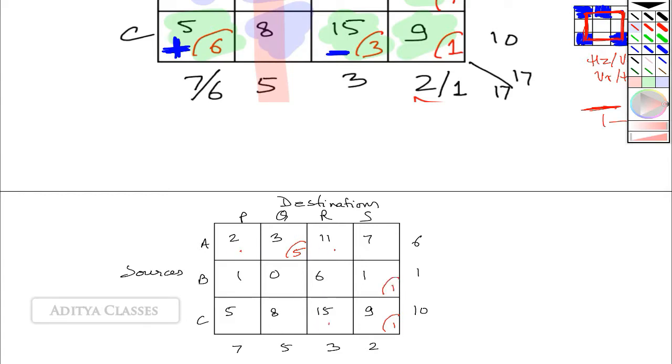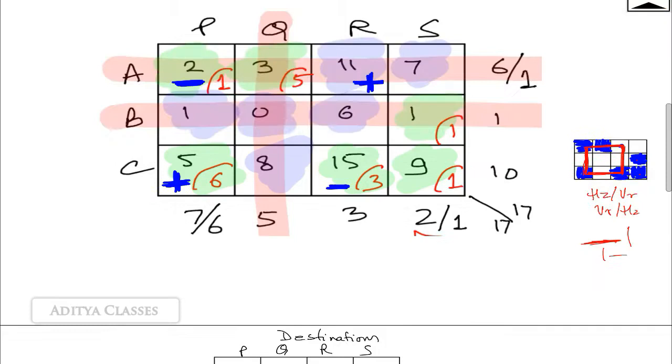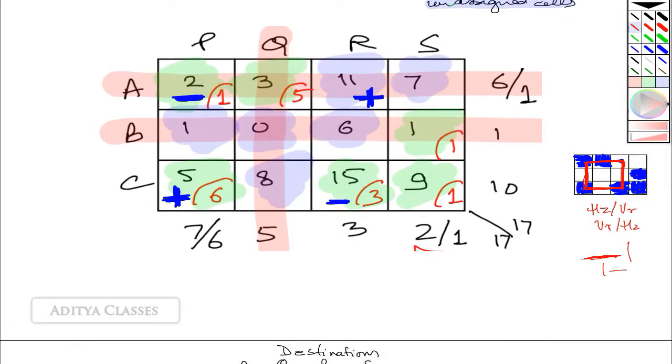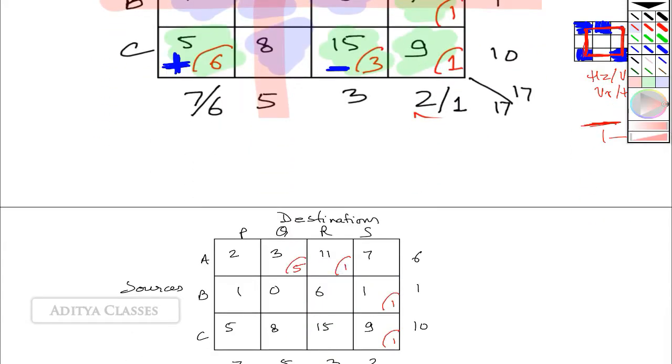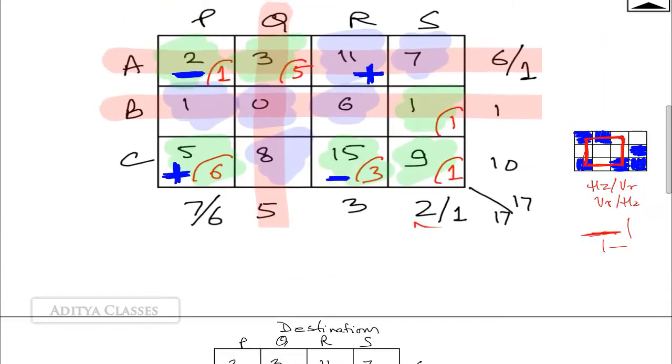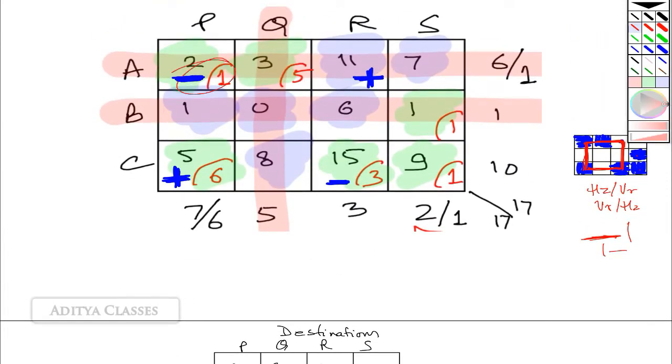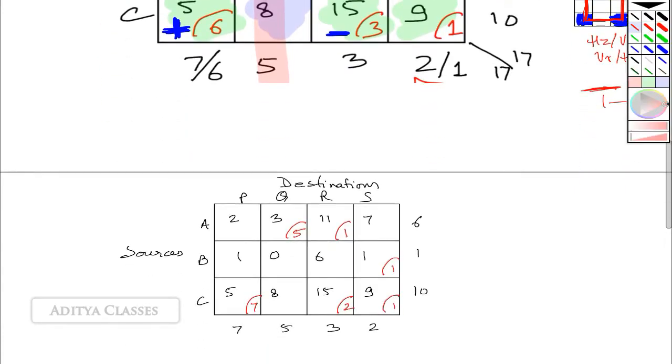As far as these 4 cells are concerned, they are engaged in a transfer now. What kind of transfer? I have decided that 1 unit will be transferred. 1 unit will be added here, making it 1. 1 unit will be subtracted from this, making it 2. Added here, making it 7. Subtracted from here. If you remove 1 unit from here, you are left with nothing.